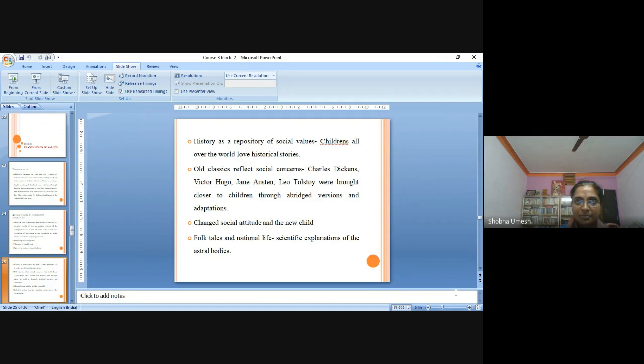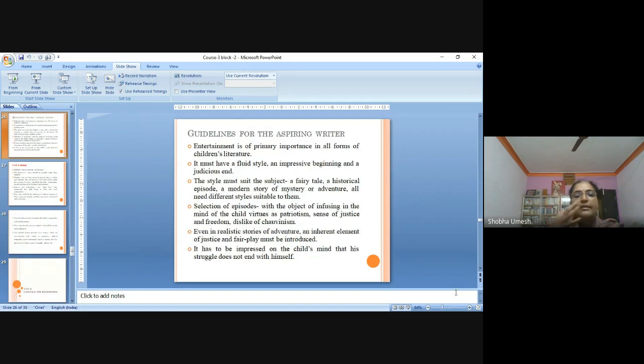So, how the rain comes, because it is the dust or the cloud, how the cloud is formed in the sky. Like that, there are certain stories which talk about the Milky Way or the astral world we can see. And many writers have written on these themes in their writing. And also folk tales, which consist of scientific explanations.